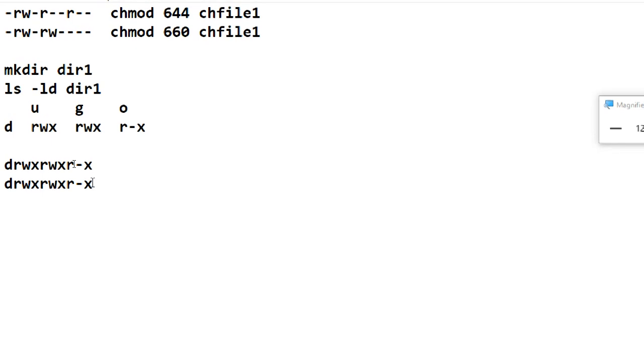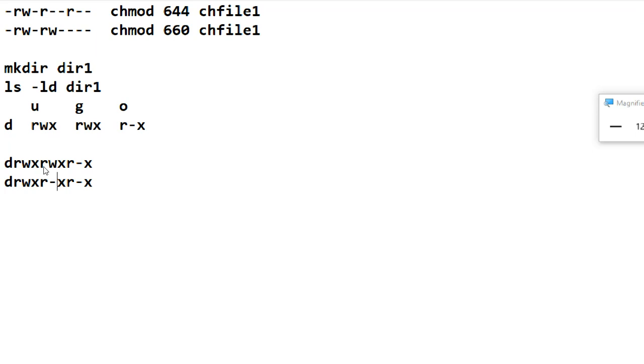Now I want to change this permission like this: r-x, rwx, r-x. So what is the command? chmod. How to do it?